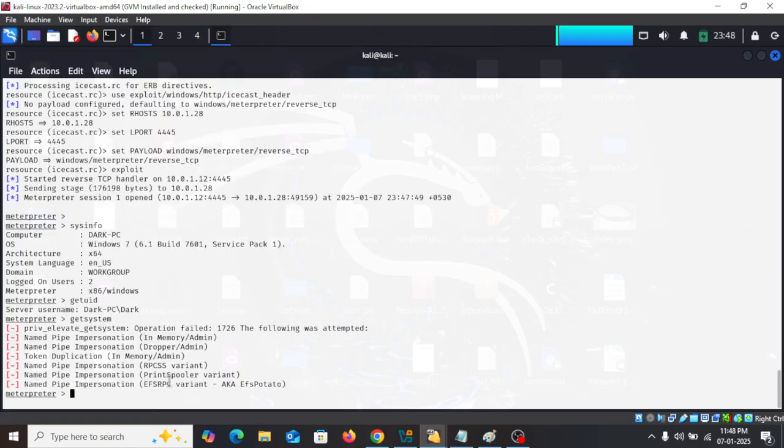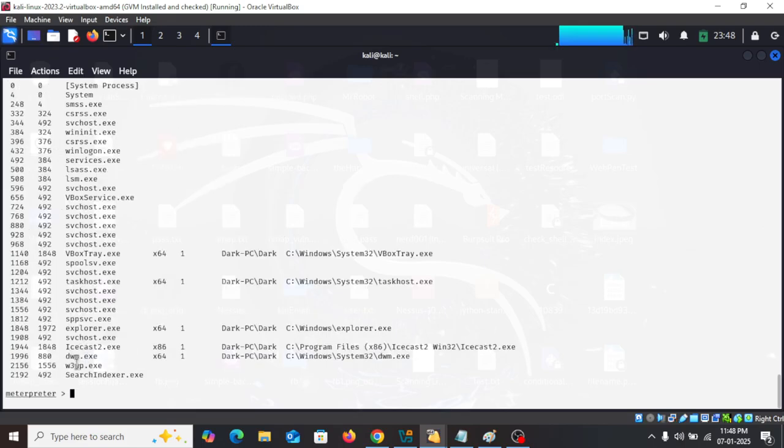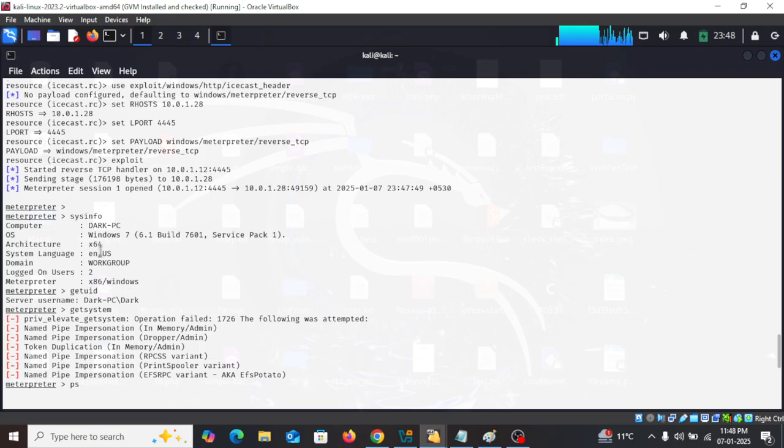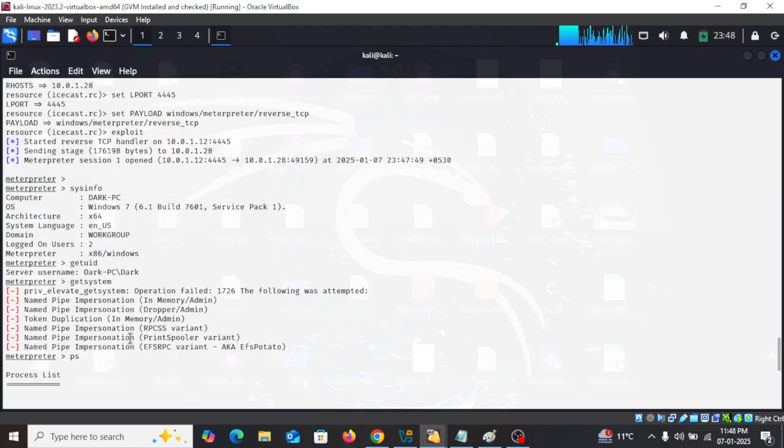So getsystem, not possible. And then let's check the processes, and we have this icecast. As you can see, icecast is a 32-bit process running, but this machine, as we saw earlier, is a 64-bit operating system, 64-bit architecture, and we are not root yet, so we cannot run some other commands. I mean, we are not